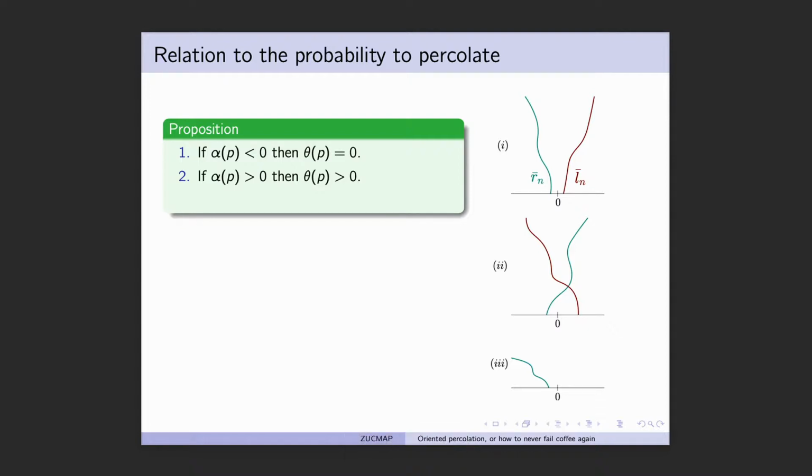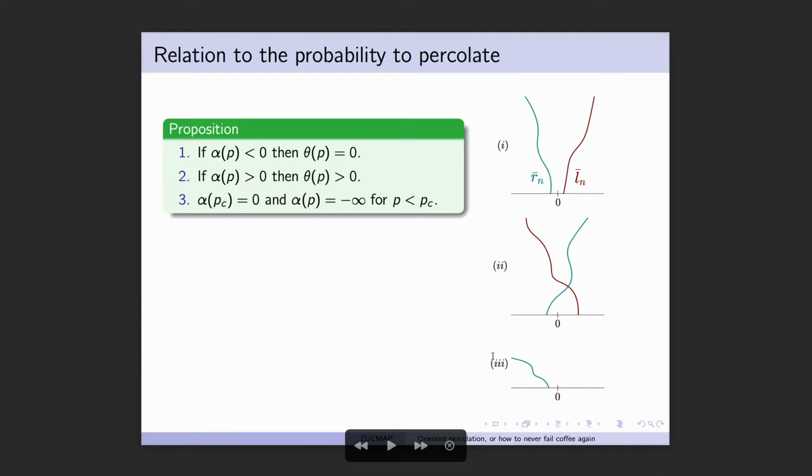And the third item is that, to answer the question at PC, it's much easier for the angle than from theta p. Proving that theta p c is equal to 0 is hard. Proving that alpha pc is equal to 0 is all right, I would say. And at PC it's equal to 0, and when p is smaller than PC, it's not equal to 0, but to minus infinity. So Rn bar goes to minus infinity very, very fast.